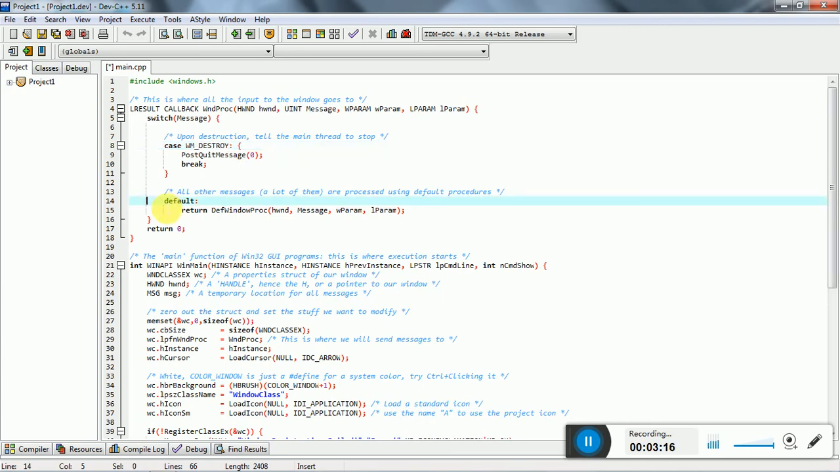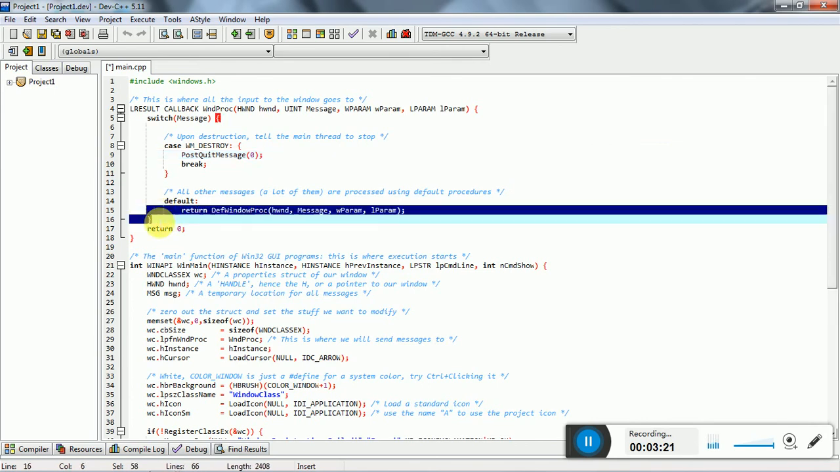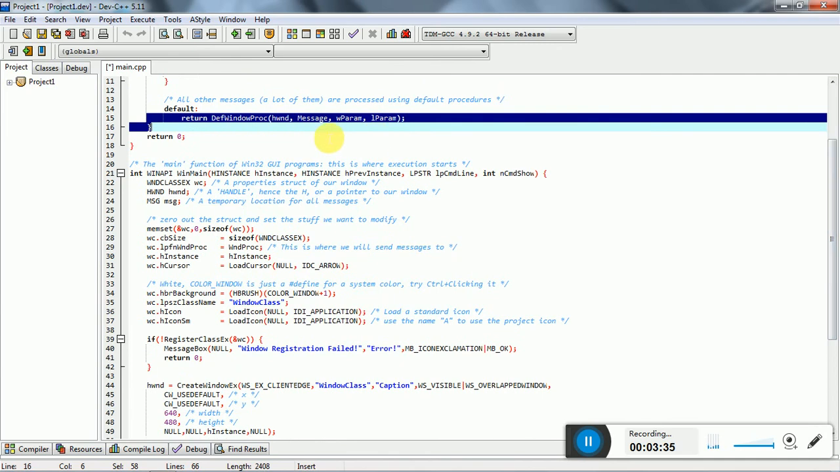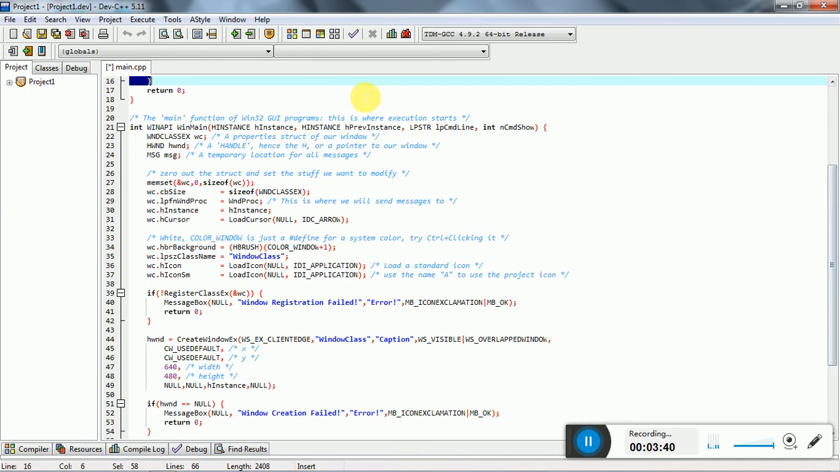And then the default case means if the other case is not true, then the default case is return DefWindowProc, with hwnd, Message, wParam, and lParam. Okay, and then return 0. Then we have the main function, which is